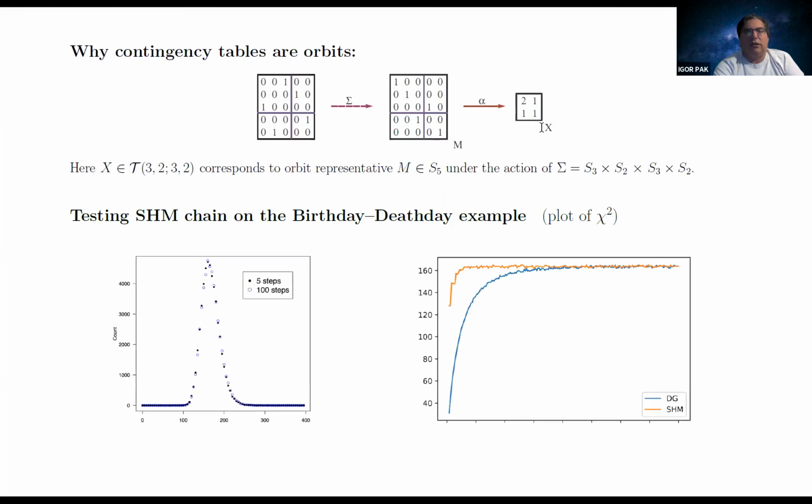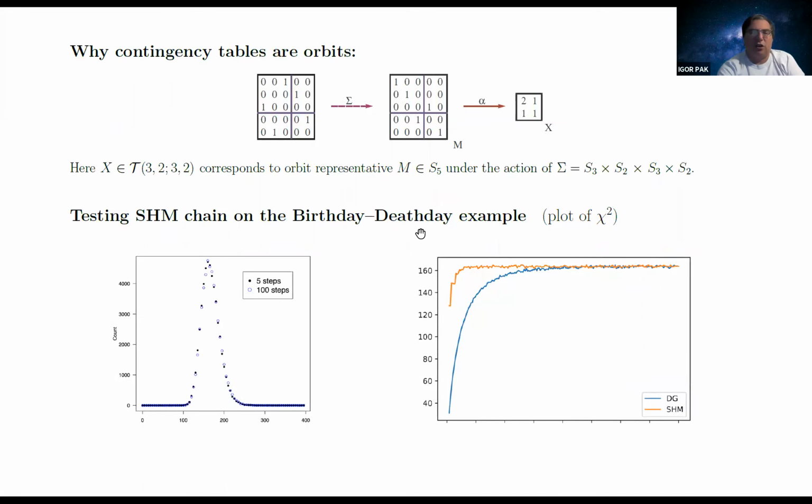So it takes a little bit of thinking, not too much, to realize that this is really a bijection. But once you do, you can just use Gerard's technology, which is fairly simple, and define a large Markov chain, which apparently works extremely well. I'm not going to show you many pictures of that, but here is just one picture where we show that essentially our Markov chain for this particular birthday death day example, remember, descendants of Queen Victoria, mixes in